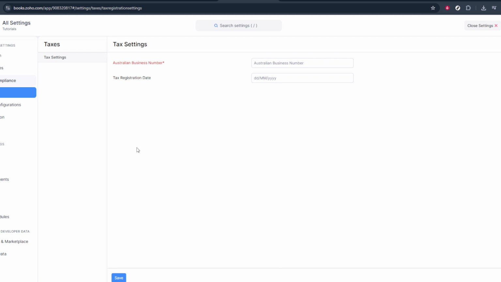Here, you'll be able to review any default tax rates that Zoho has created based on your organization's location, and you can also add or edit your own. This is where you make sure